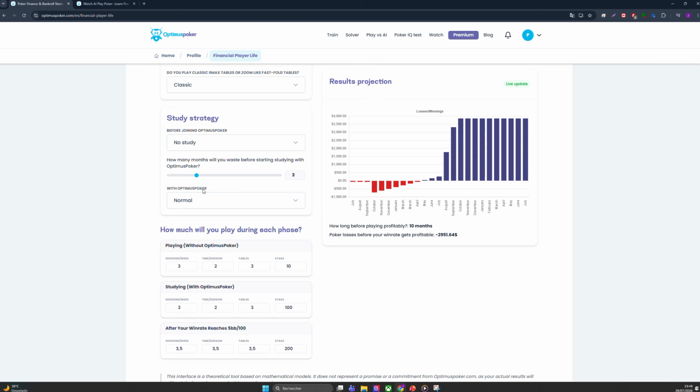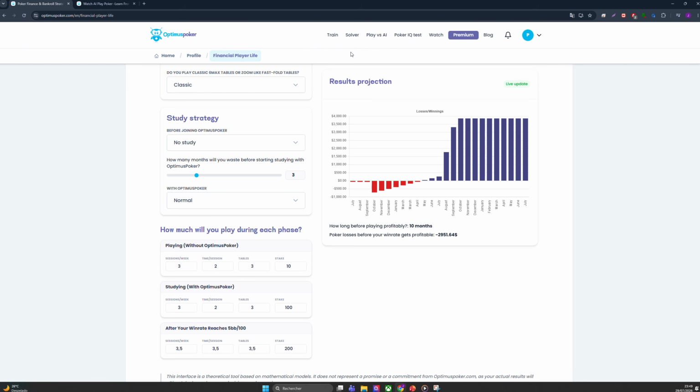It's here when you start studying. So how many months will you waste before starting studying? We set it to 3. And when you start studying, and eventually with optimuspoker.com, which is a web GTO solver with AI, you can